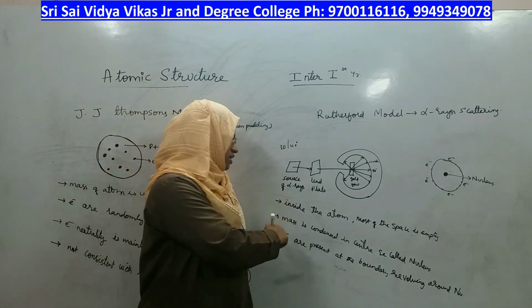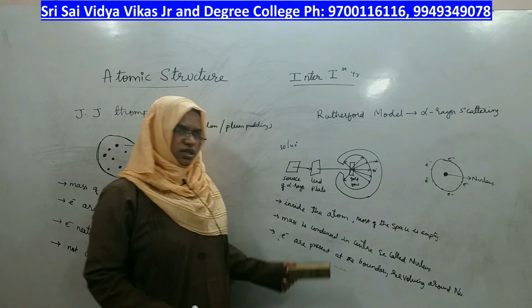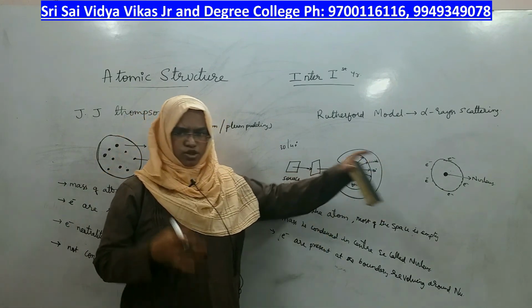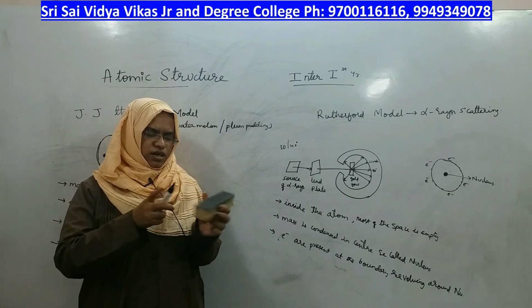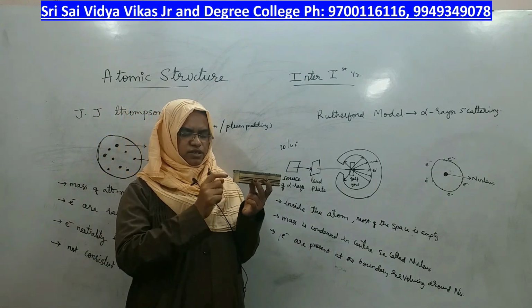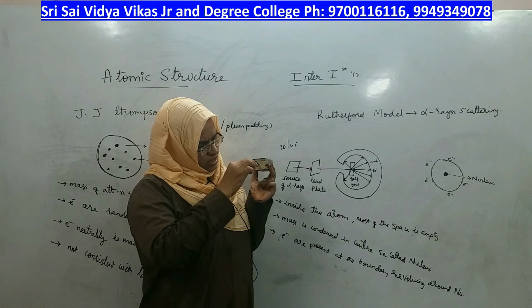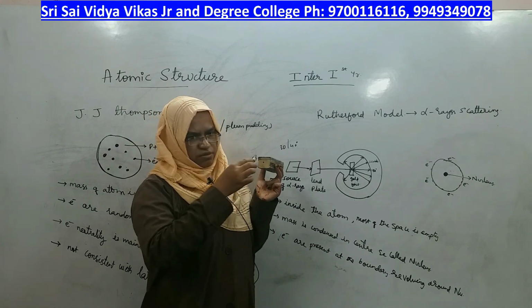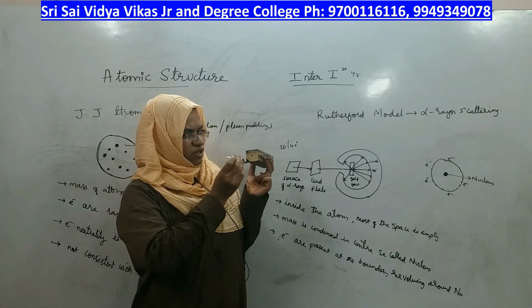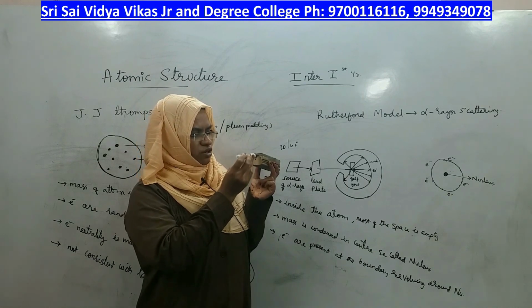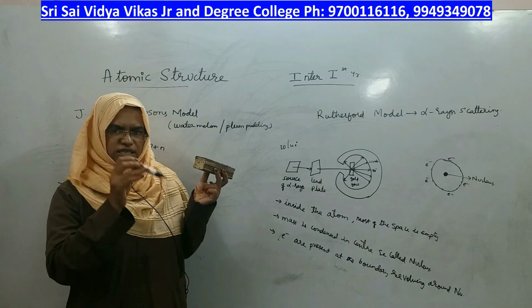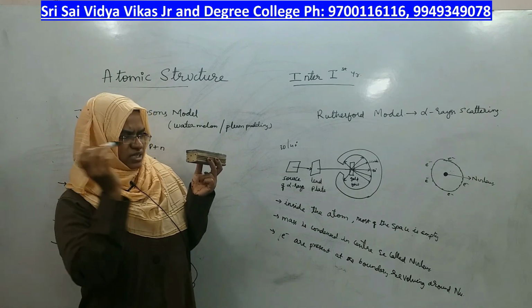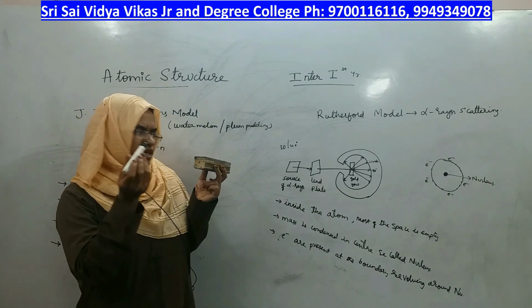These observations he made not just like that. He made this observation by seeing the results, right? Therefore, if most of the space is empty, definitely, if this is the atom, and you told that in the center the nucleus is present and the remaining space is empty, then if alpha rays are going from here, no one disturbs them, the entire space is empty, and the chances of alpha rays striking the center are very less.